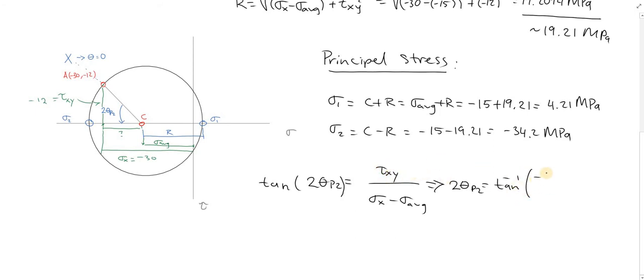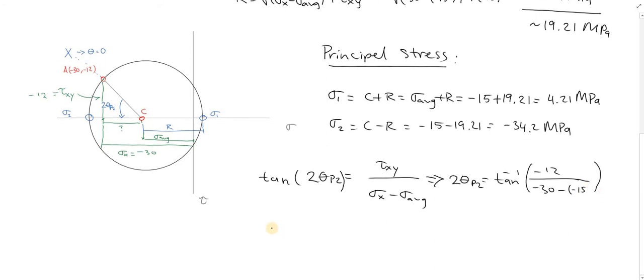It's my -12, -30, -15. What we will find is that my 2 theta P2 is 38.654